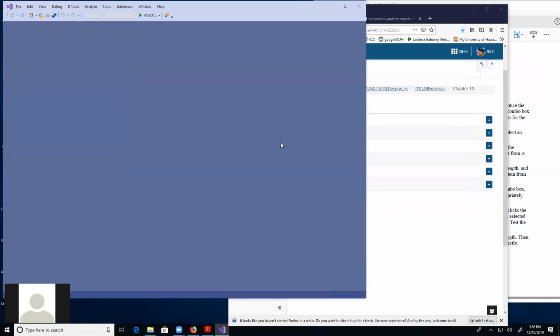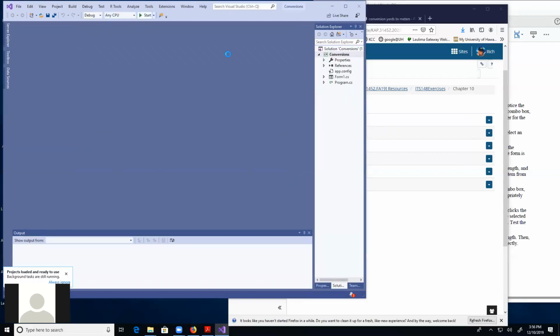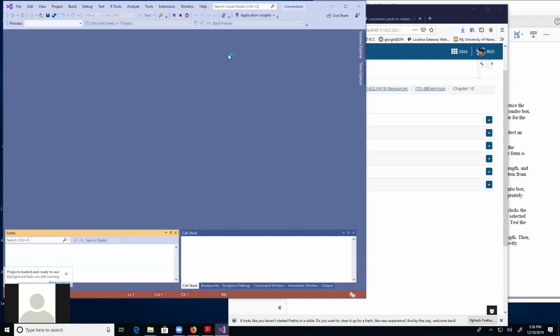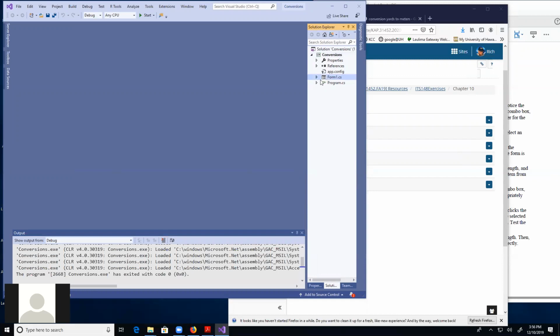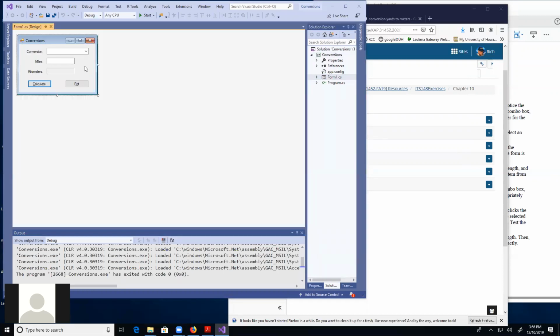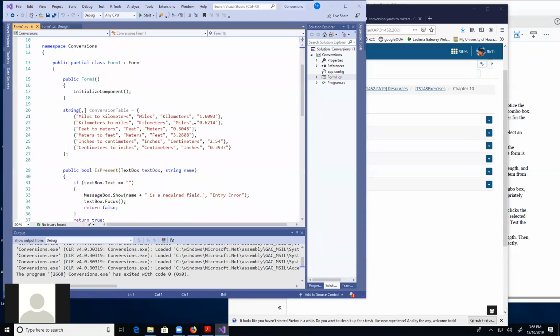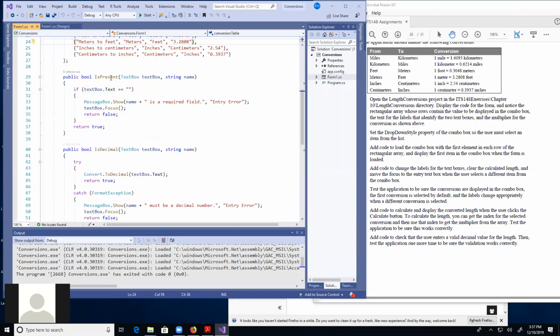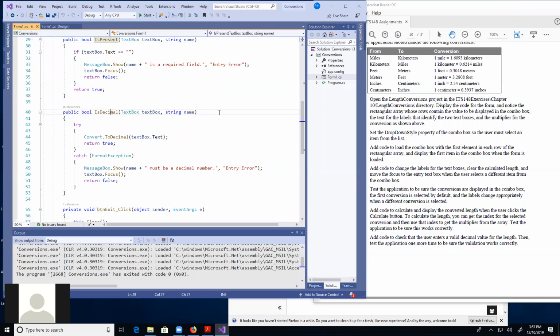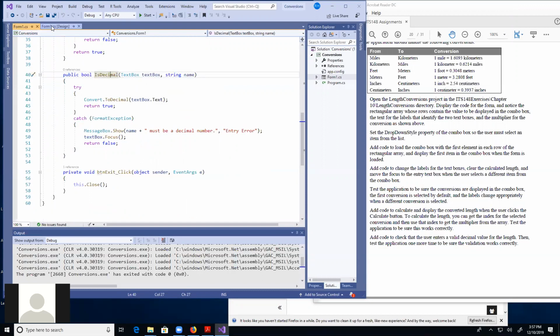And we see that when we start up, it doesn't do anything, nothing there. And when we look at the code, this looks the same, except that this is here already, but it's only the ones that are shown here. And this is where I said you add feet to yards, yards to feet, yards to meters, meters to yards. So you add those there. And then is present is there, is decimal is there, but you have to add the